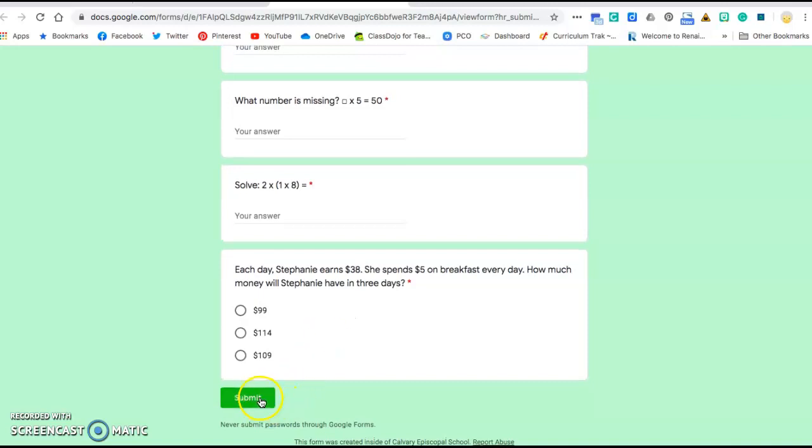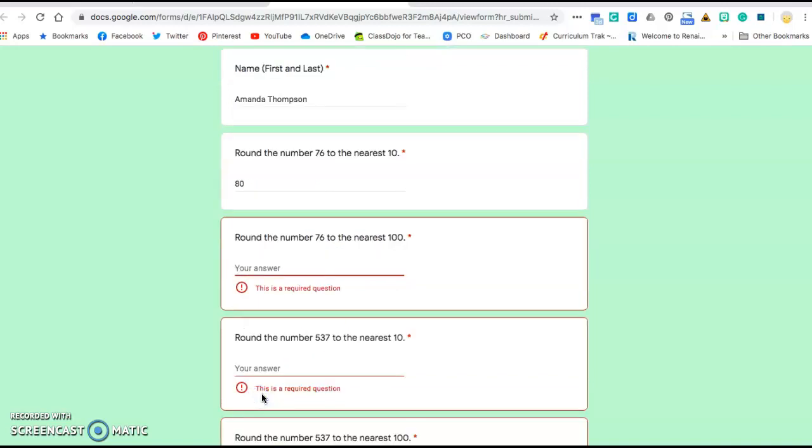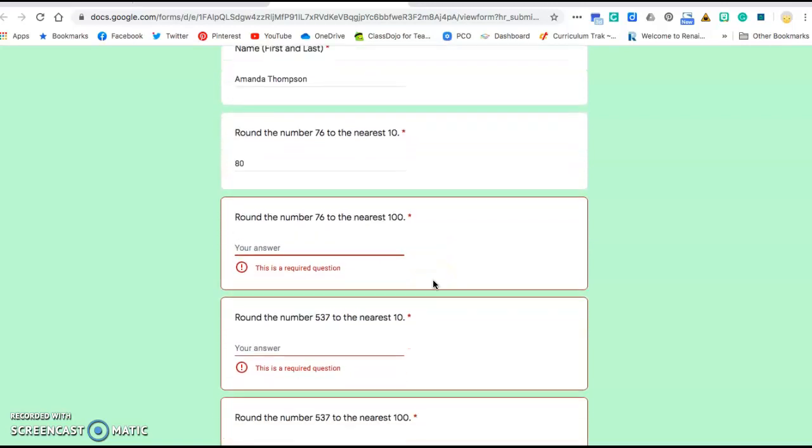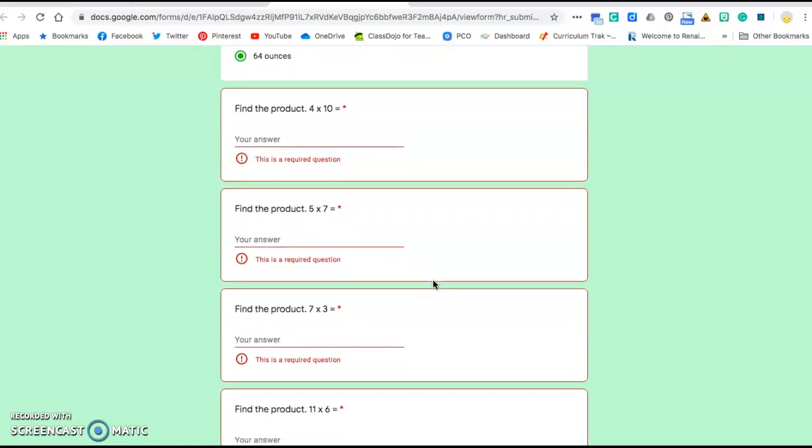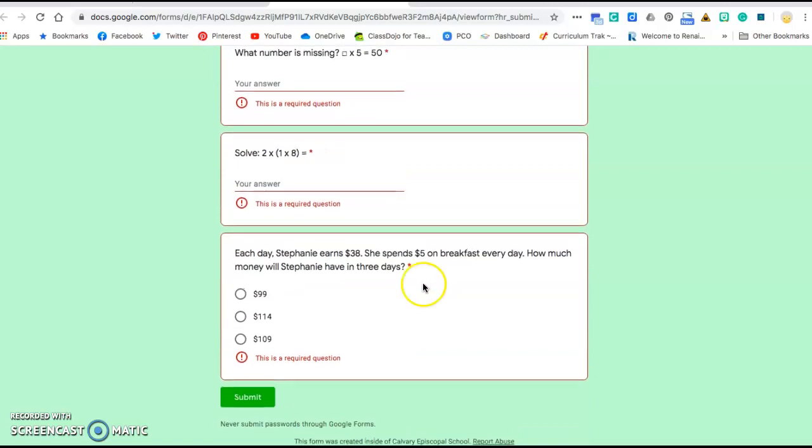And when you are finished, you will hit submit. Now, do you notice if I hit submit right now, it's going to take me back to all of the questions that I haven't answered, which I think is a great tool. So make sure you do your very best and give me your best guess or your best answer on each problem. But once you've gone and you've filled in all the ones that you haven't done, then you'll hit submit,